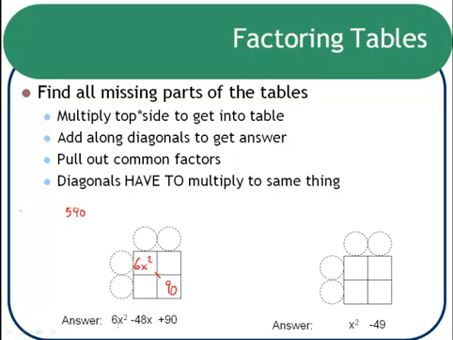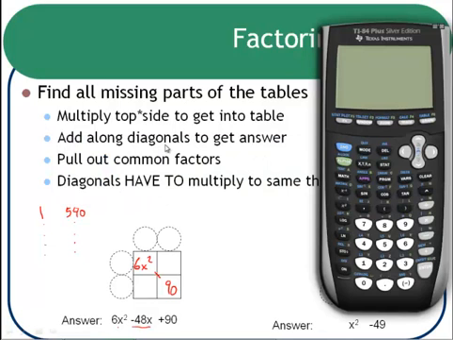540 is huge, and so if I were to come up with all sorts of combinations of numbers that multiply up to 540, eventually I need to find the combination that adds up to negative 48. Because this number is so big, rather than writing all those numbers down, maybe I'll take advantage of the table in our TI-83s. So if I bring up my calculator here, if you were to turn it on and go to the y equals screen,